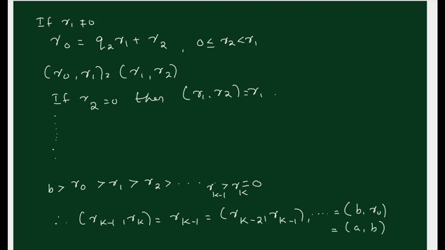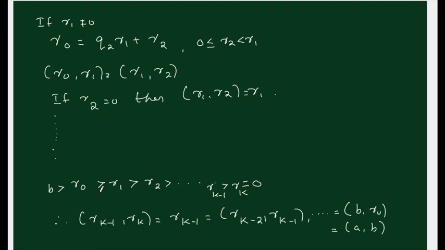0 we will definitely get as a remainder because in every step we are reducing the remainder at least by 1, and we are starting with a finite number. Suppose that B, for example, is 10. The next step, the remainder is going to be at most 9. In the next step, at most 8, because we have to reduce it by at least 1. So next step at most 7, then 6, then 5, 4, 3, 2, 1, and finally it must definitely become equal to 0.